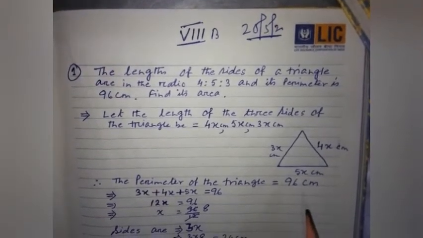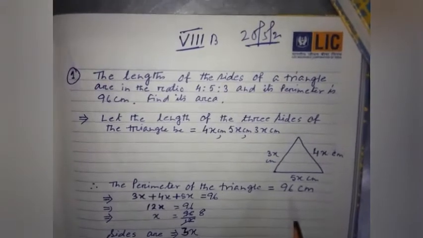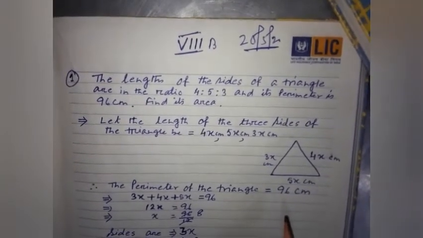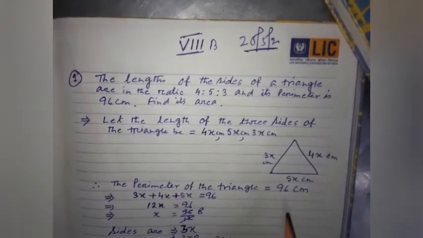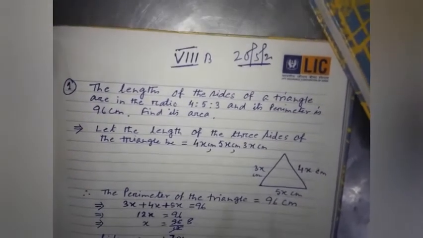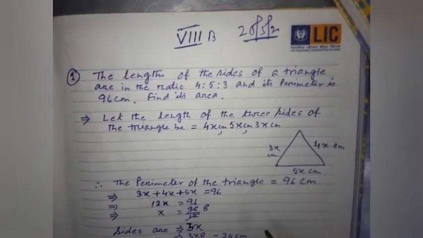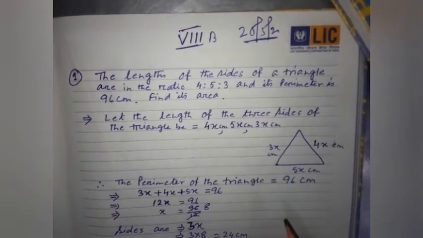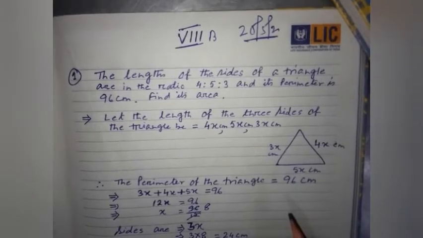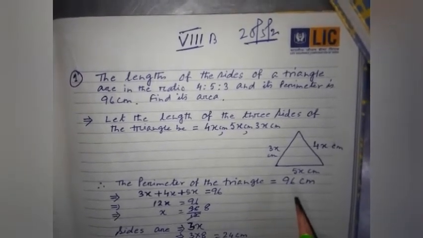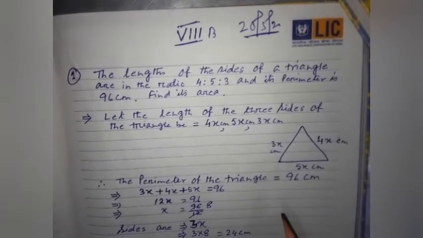So once more, from tomorrow onwards I am going to do the revision of the chapters already taught to you. Today I have only one problem. In the book I am using here, I got only one problem. The last problem is left, on the basis of finding out the area and perimeter of a triangle.